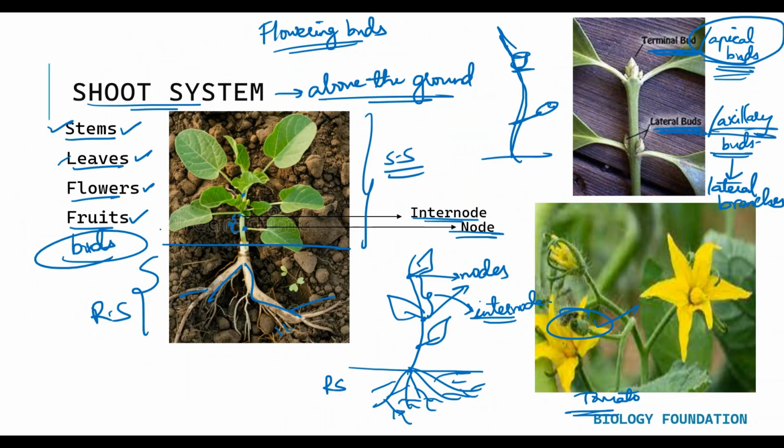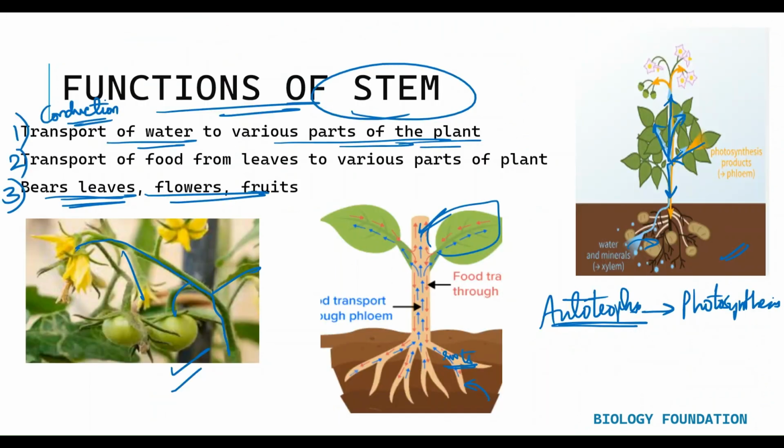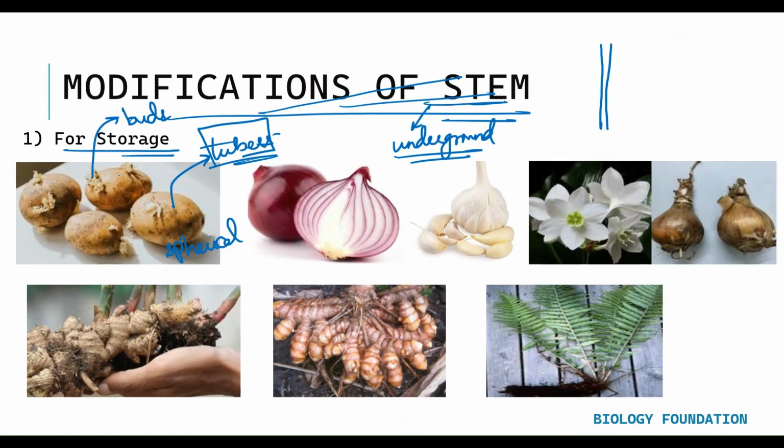Axillary buds. Axillary, I'm sorry, axillary buds. So these are the buds. They are also known as eyes. They are also called eyes in potato. Okay, so basically, if you see stem, modifications of stem also get modified to store food, and under this